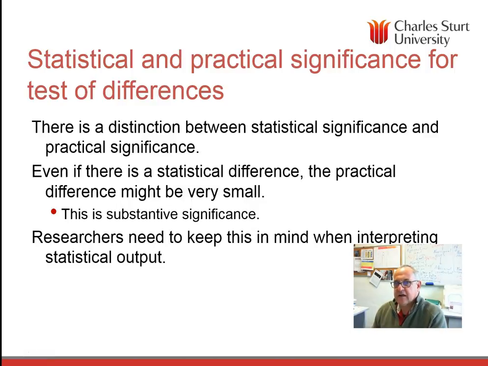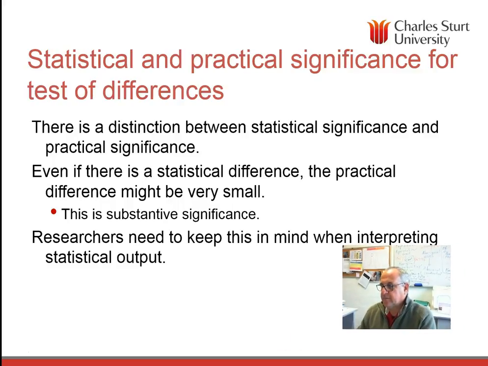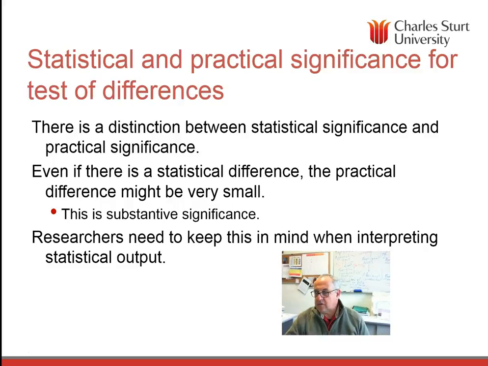So there's also a couple of things you should be aware of. A lot of people think, well, things are statistically significant, therefore they're practically significant. And actually, the two are sometimes related, but other times they're not related. If there is a statistical difference, the practical difference might be very small. So why would that occur? Well, we might have a very small variation in the sample size. The difference might be small